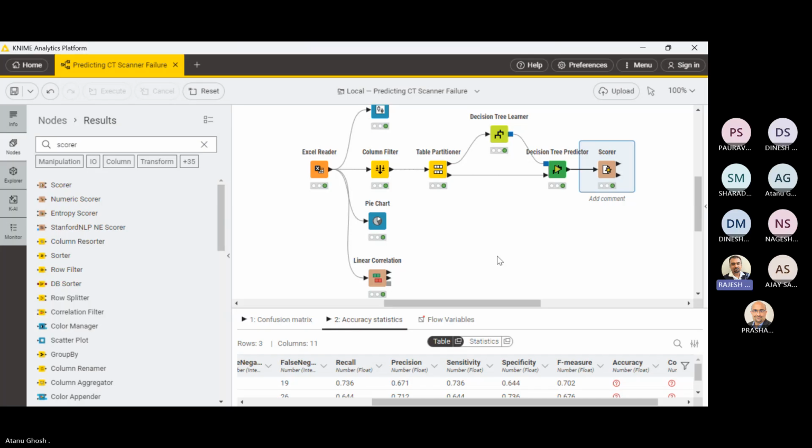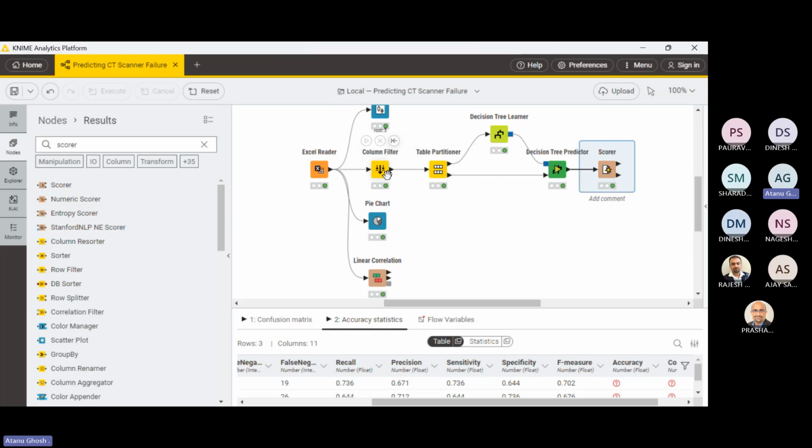My question is, can we do regression in the same model also, from column filter? Can we have a new branch? Yeah. See, this is the canvas. In the same thing, I can draw parallelly. Last class, I think we were discussing where we can branch off.